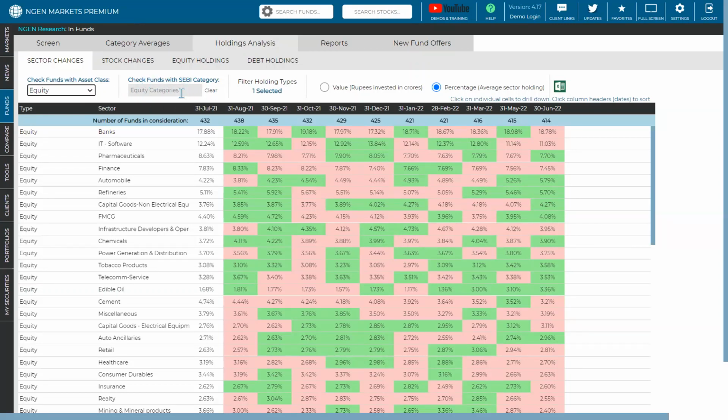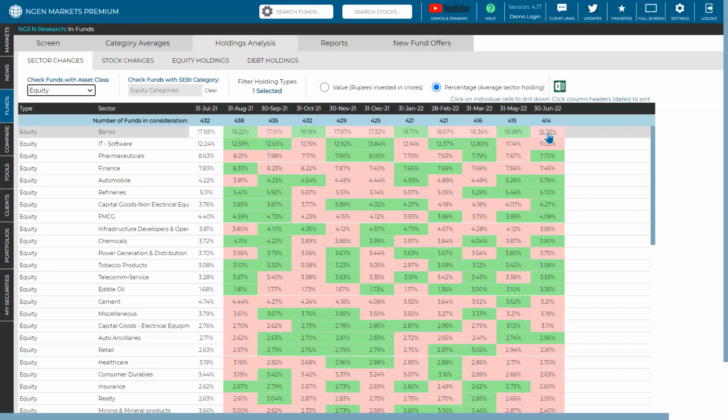We can select one of the SEBI categories to see only those average sector holdings altogether. Right now, if we look towards this analysis, we would like to know within this entire range of mutual funds we hold in the SEBI classification, what is the average sector holding in banking as of 30th June 2022? It's 18.78%, and it has generally decreased from the previous month. To give you a notification here, the green shows you the change from the previous month, which will be an upward change, and the red shows you the downward change.